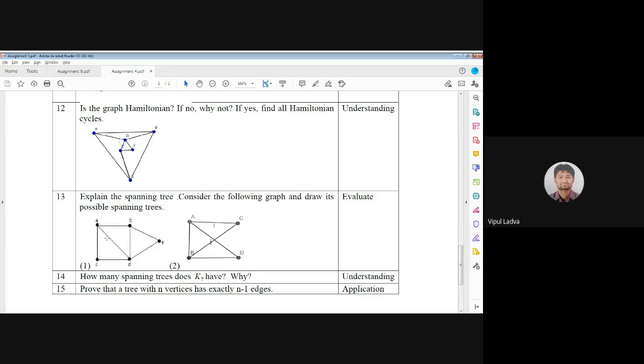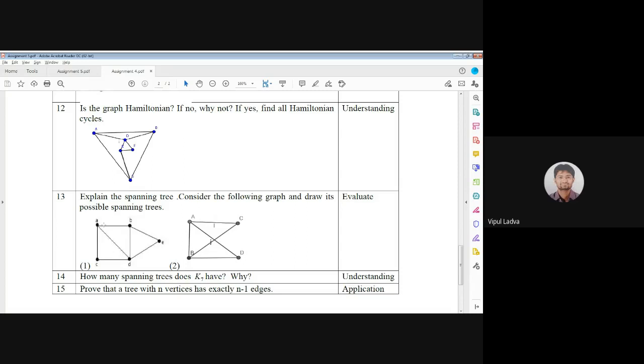In the previous lab, when I was dealing with lab batch A, I had assigned this to two or three students, and they came with the solution. Yes, sir, there is a way. This is a trick. With the use of that, we may identify how many spanning trees there are. And once we are clear how many spanning trees there are, then surely you may draw all of them.